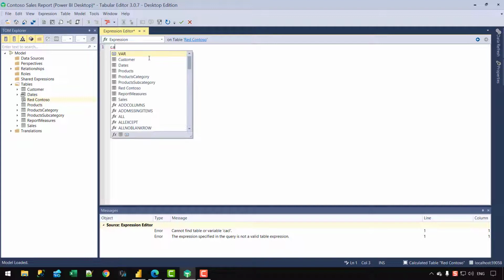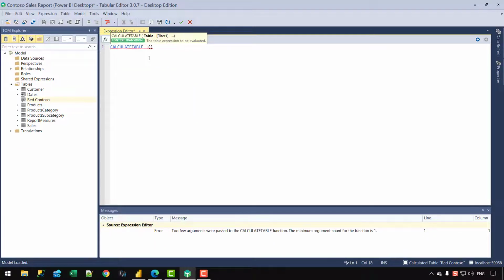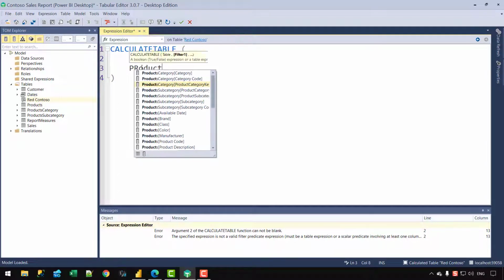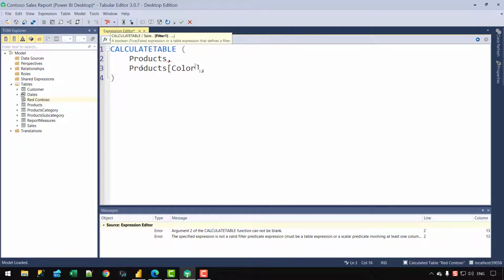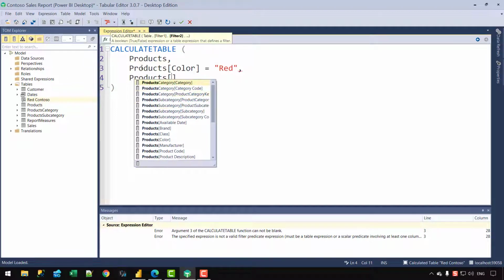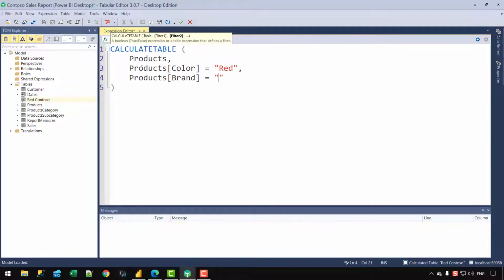So I can write CALCULATETABLE, and let's calculate the Products table, and I'm going to inject two filters, one on the Products Color column and one on the Brand column. So I can write Products Color should be equal to Red and the Brand should be equal to Contoso. Now I will just simply press Ctrl+S so that the changes are committed to the model,